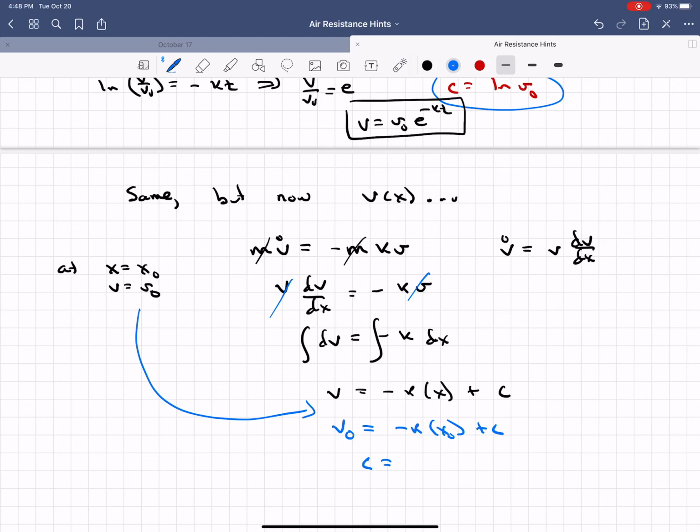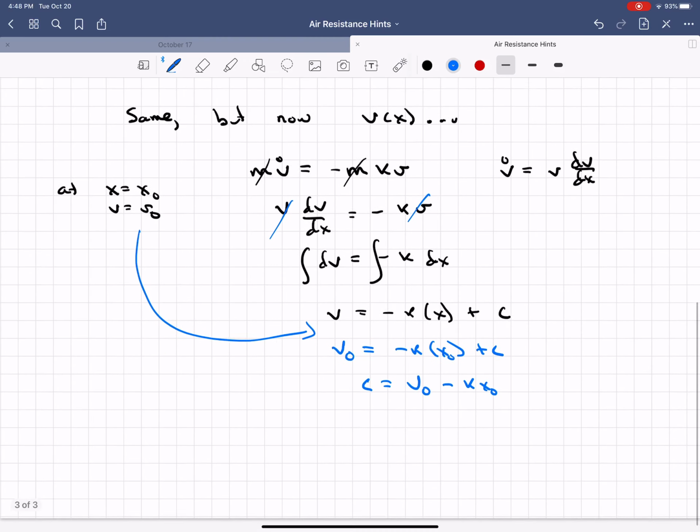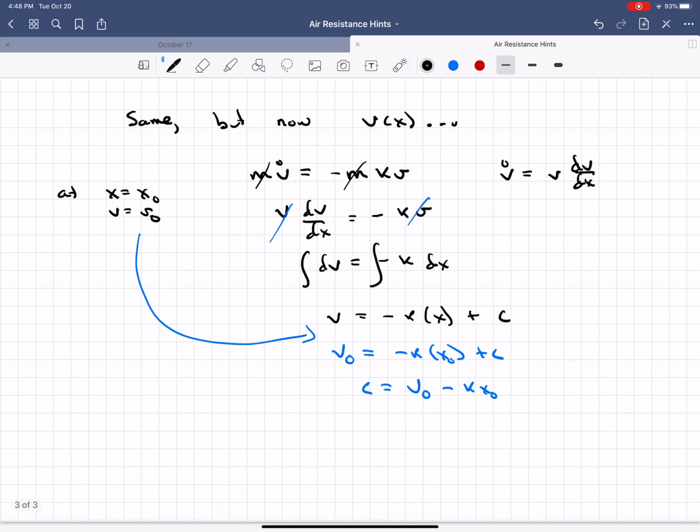So c is therefore v0 plus k x0. If I go and substitute that back in, I would have v is minus kx plus v0 plus kx0. I don't know how exactly I want to rearrange this, so maybe I'll write this as v minus v0 is minus k, x